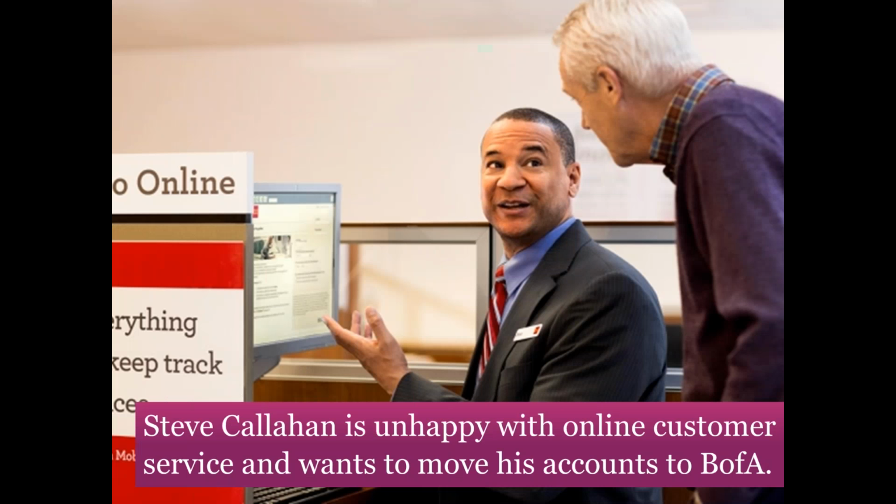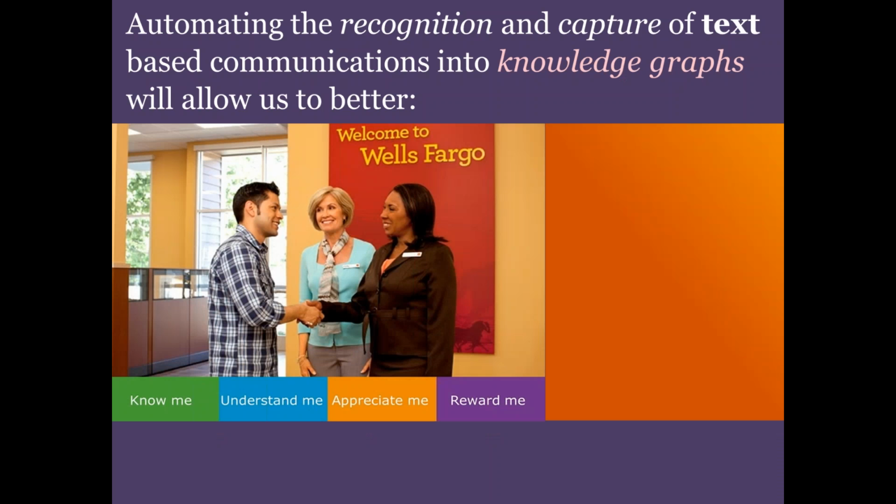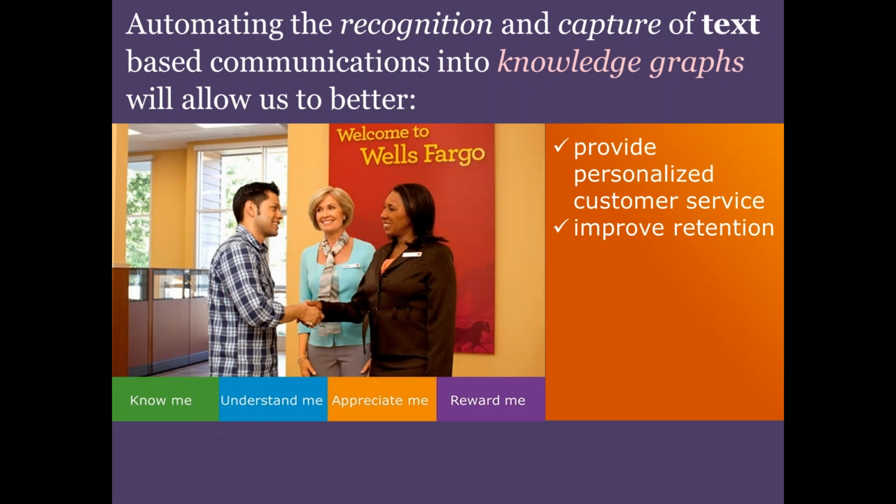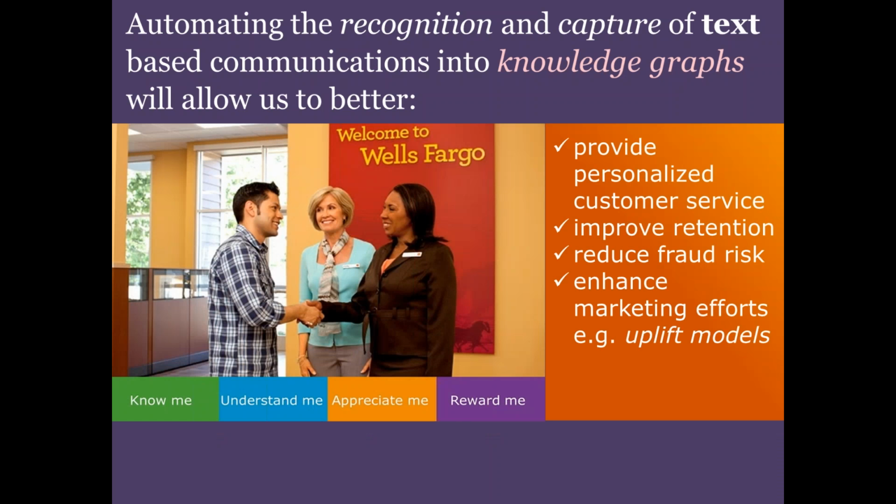Or Steve Callahan is unhappy with online customer service and he wants to move his accounts from Wells Fargo to B of A. Well, how do we automate the capture of this information into a knowledge graph to allow us to better provide personalized customer service, improve retention, reduce the risk of fraud, and enhance marketing efforts